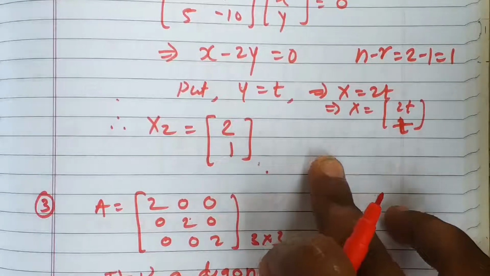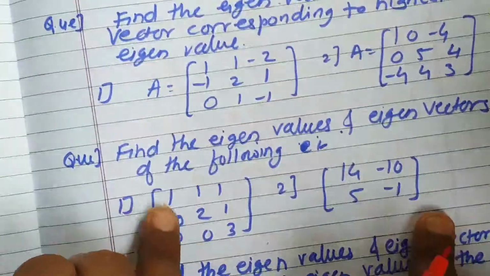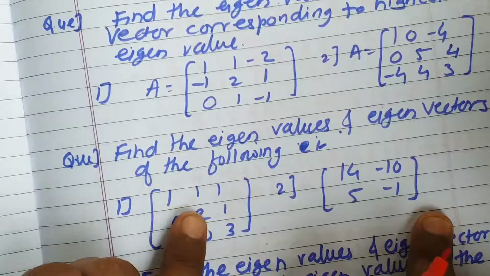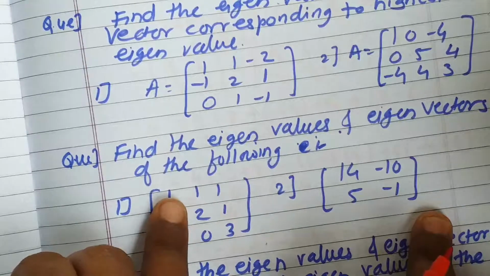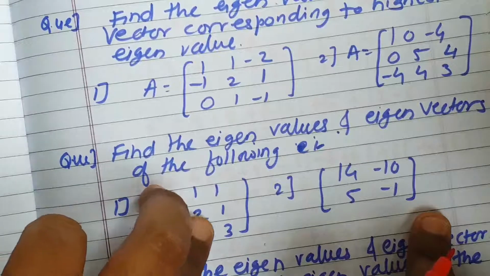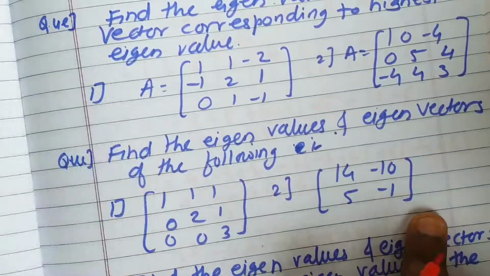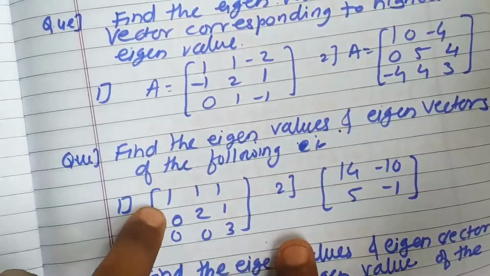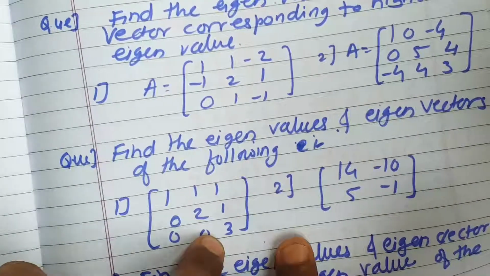So this is how you can determine the eigenvector for every eigenvalue in the case of a 2 by 2 matrix. Now the next matrix, here we have 3 eigenvalues. For all the 3 eigenvalues you directly do the calculation for eigenvectors. This is a 3 by 3 matrix, so you may need Cramer's rule to determine the 3 vectors here. You are going to get two equations there, and by using those two equations you try to obtain the eigenvectors. Here you will get one eigenvector for eigenvalue 1, one for eigenvalue 2, and one for eigenvalue 3.